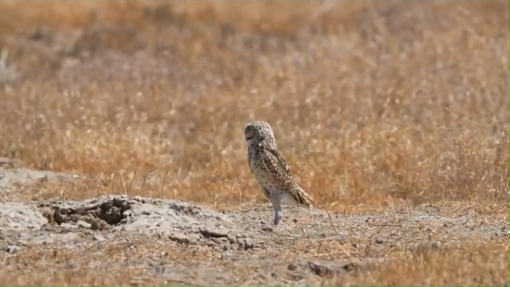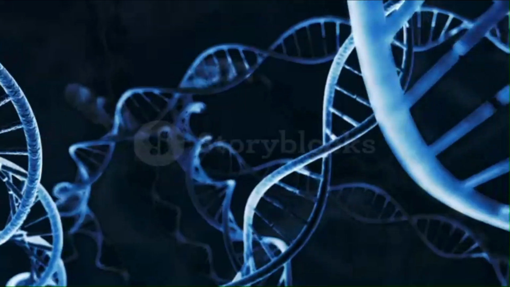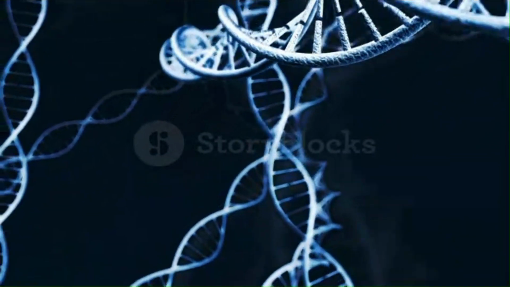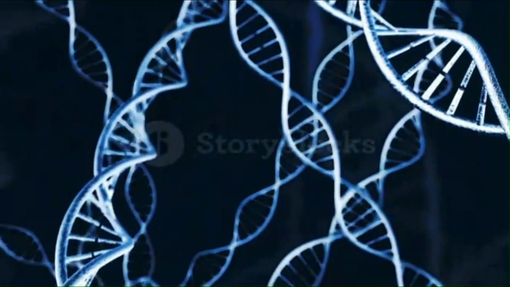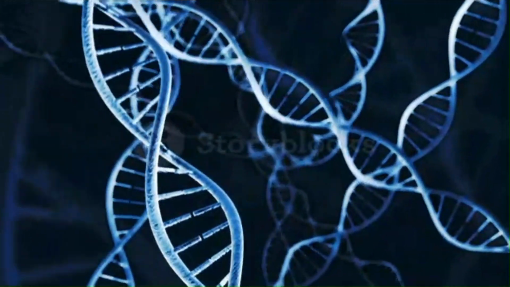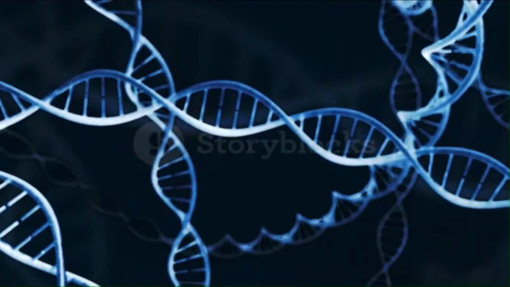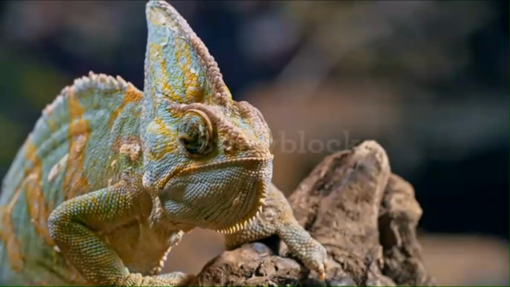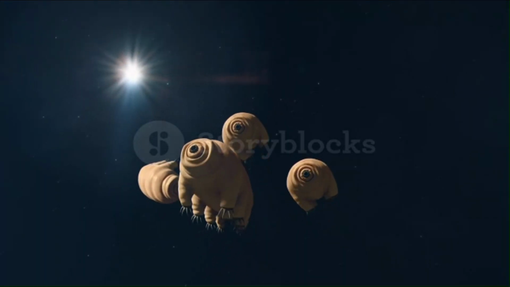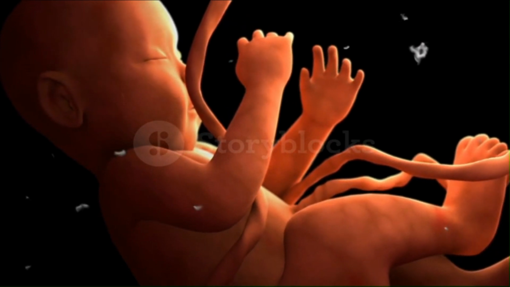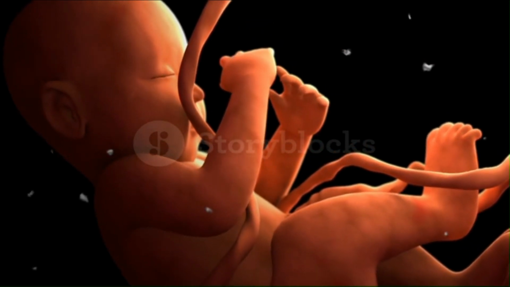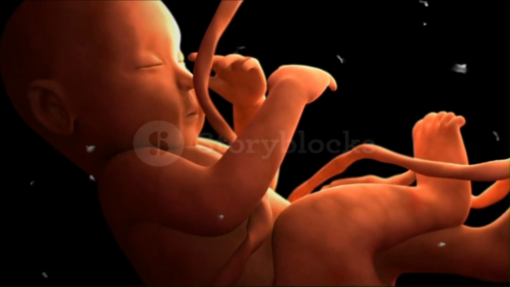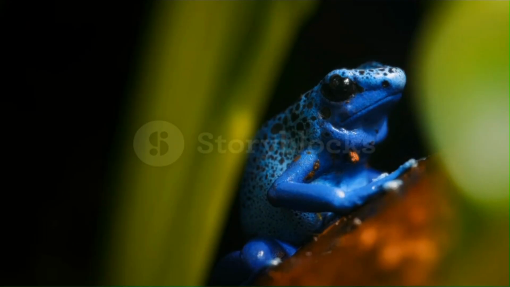But natural selection needs something to work with: variation. And that variation comes from mutations, random changes in an organism's DNA. Mutations are random changes that can occur during DNA replication. While most mutations have little or no effect, some can provide advantages like better camouflage or resistance to disease. If a mutation helps an organism survive, it can be passed on to future generations. Over time, this can lead to significant changes in a species, such as changing its color.